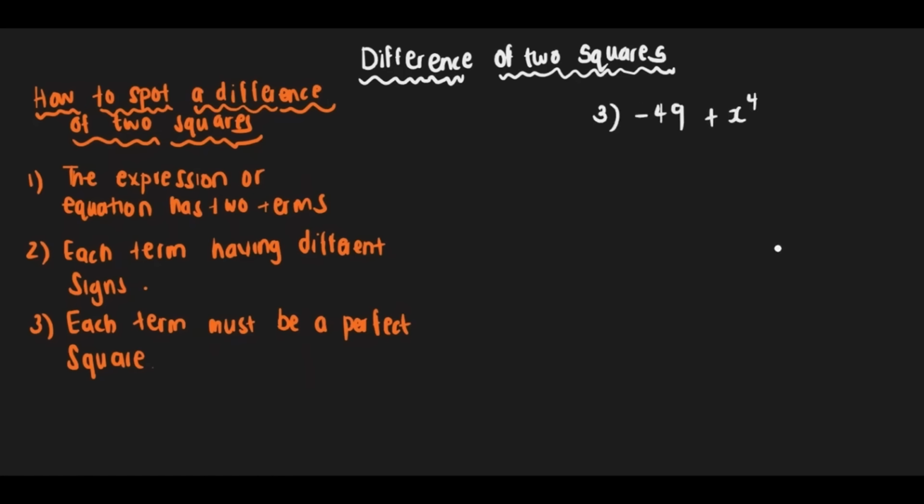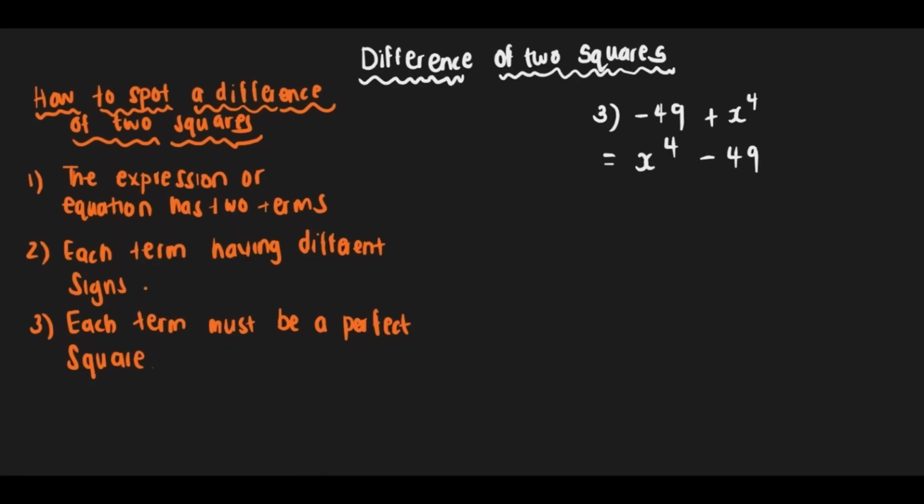So now let's look at example number 3, right? First, before we check whether it's a perfect square, let's rearrange our equation so that the x term comes first. So let's do that. The one with the variable, which is x, comes first. So it's going to be x to the power of 4 minus 49. Then now after this, we can check whether it satisfies our condition,